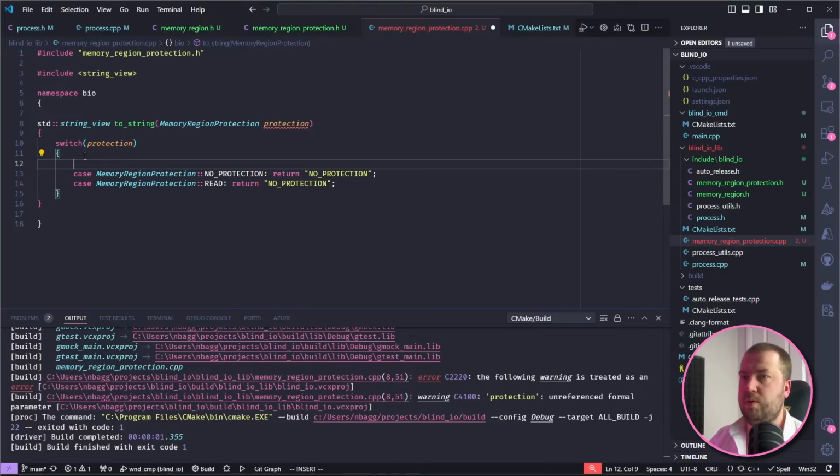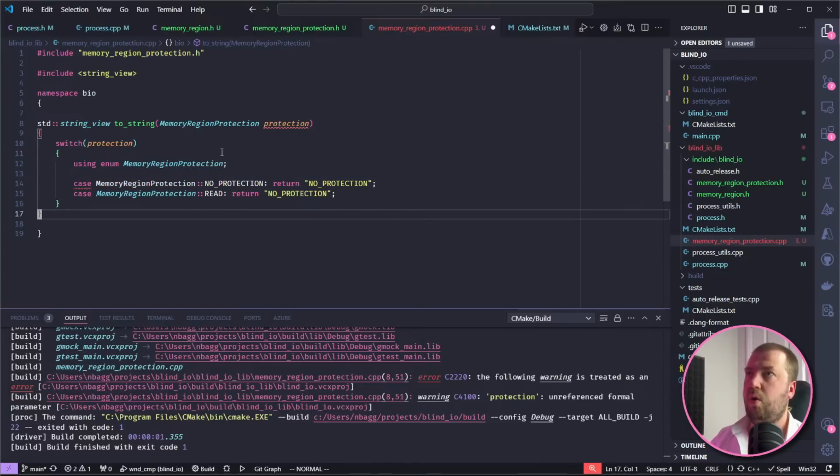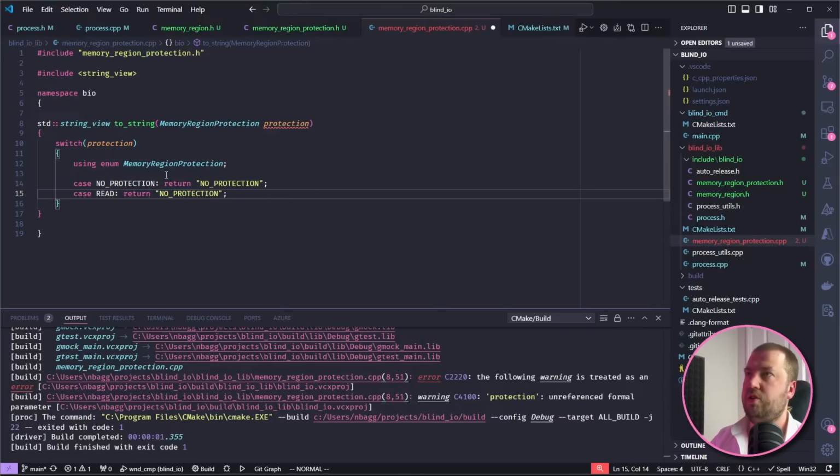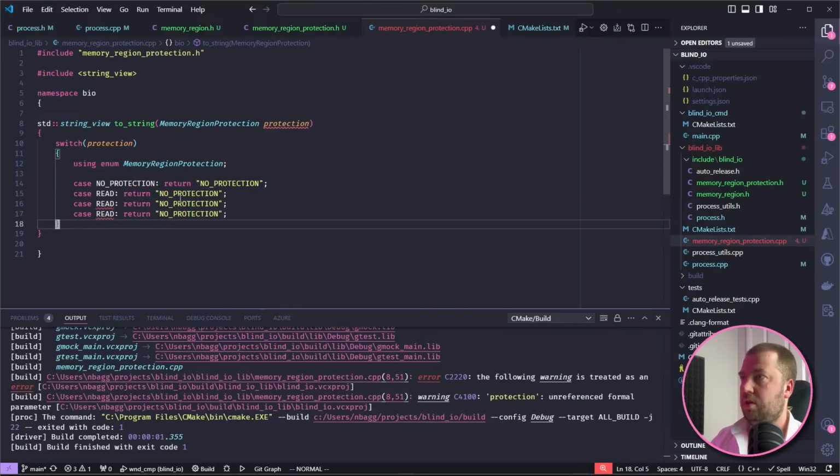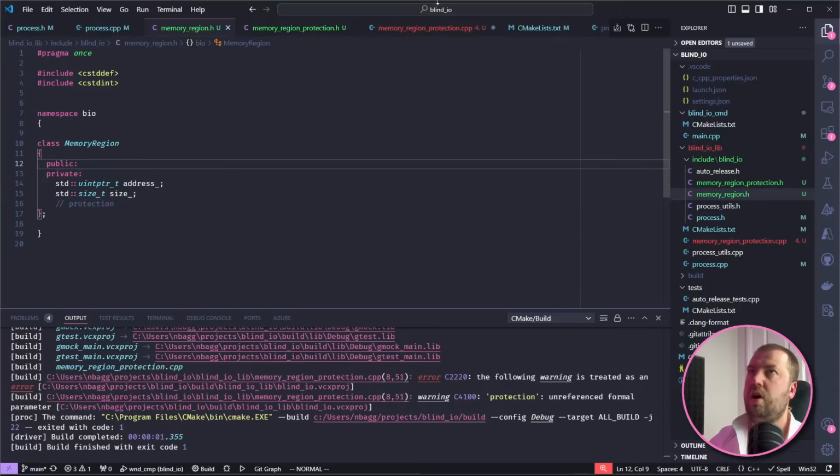So what we can do is using enum memory region protection. This brings in all the internal names into the scope, but just within this scope here. Which means we can then drop the qualification and just do the simple cases. Yes, that is correct. Regular C-style enums leak their names into the surrounding scope.